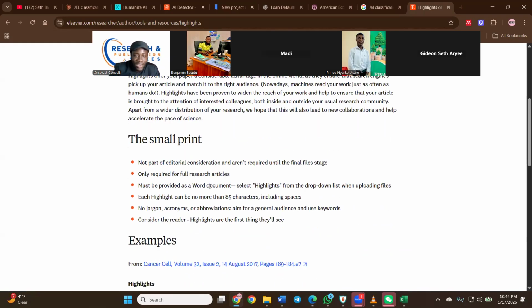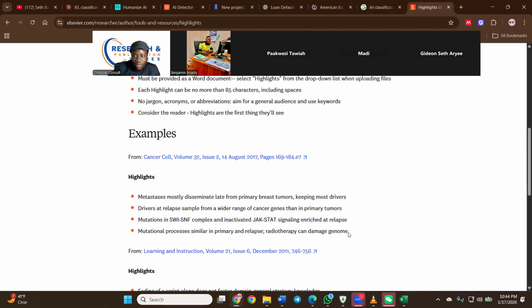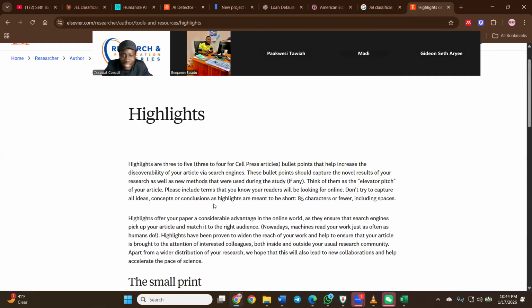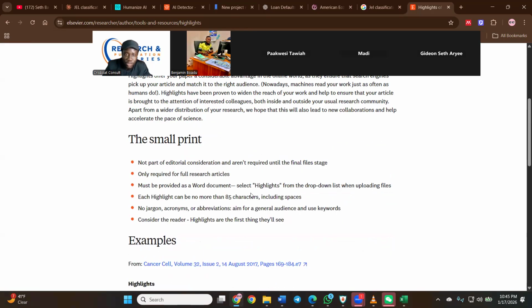And so this is a highlight. You see, these are samples. It should be a maximum of 5, and there's a limit on length: 85 characters or fewer, including spaces. So highlights should be short. You see how short they are.